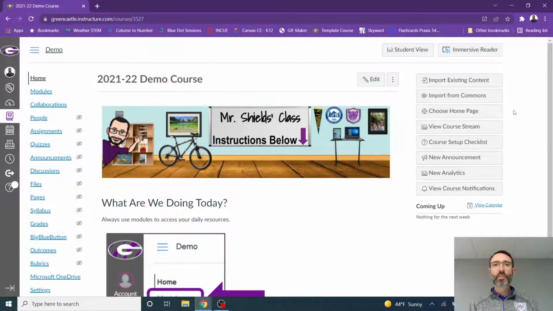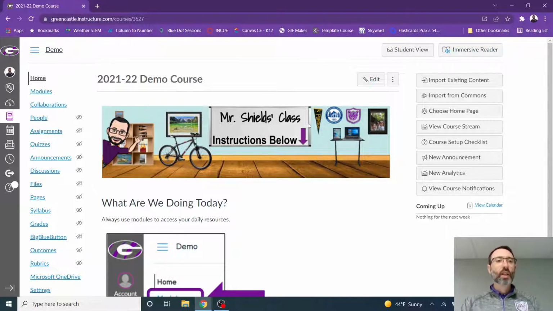Microsoft recently announced several updates to its Office 365 integration with Canvas, and one of those is that you can create an assignment using Word, Excel, or PowerPoint, send that to students. They will receive a copy automatically through Canvas. They can then edit that and submit it back entirely through Canvas. Exciting new update from Microsoft, and let's take a look at how this is going to work in your Canvas